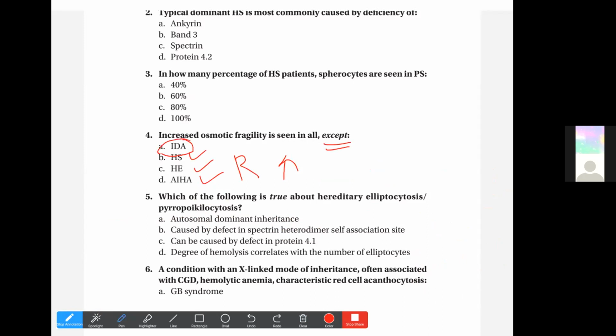We know because we had gone through all the cases of decreased osmotic fragility. So there were all those cases of thalassemia, sickle cell disease, and in the hemoglobinopathies; in the membranopathies, there was this dehydrated form of stomatocytosis. And in the other defects, we had iron deficiency anemia and polycythemia vera, and also chronic liver disease.